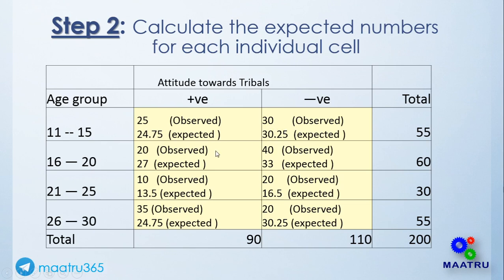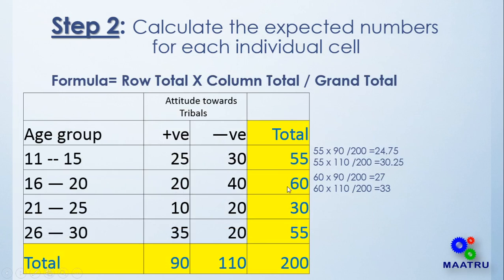The formula for finding expected value is row total into column total divided by the grand total. For first row first column, the first row total is 55 and the first column total is 90. So 55 into 90 divided by grand total 200